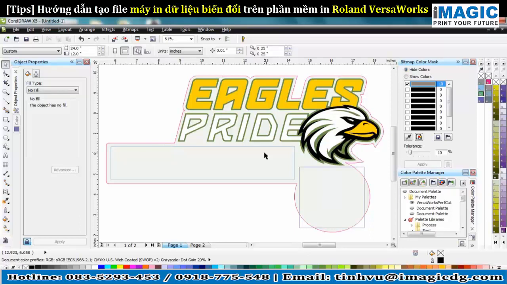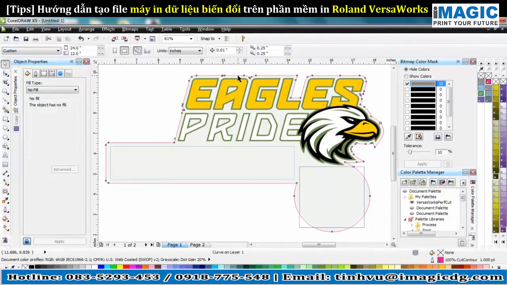If you look at the graphic that's on the screen right here, I have several different areas on it. I've got this Eagles Pride. The local high school is the Eagles, and we're making some t-shirts for them that are going to have their graphic in there, but we want to be able to put in the names and numbers of the players. So we've created a graphic, and you can see around it I've got this line right here,